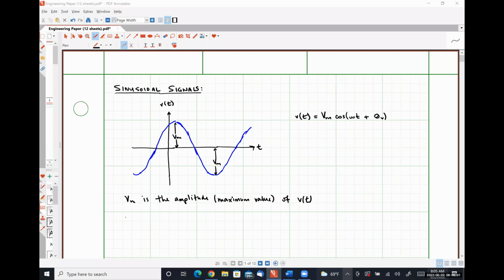Omega is the angular frequency of V of t measured in radians per second. Okay. Now we can't look at our graph and immediately develop a relationship for omega. We have to look at a couple of other things very quickly here. Okay. So